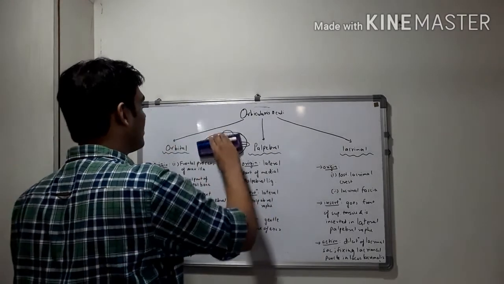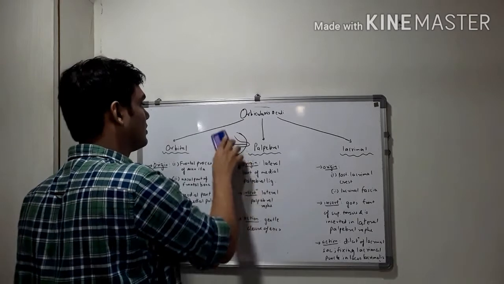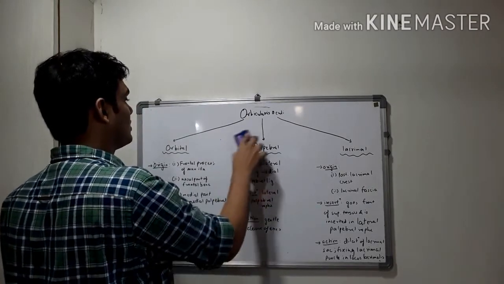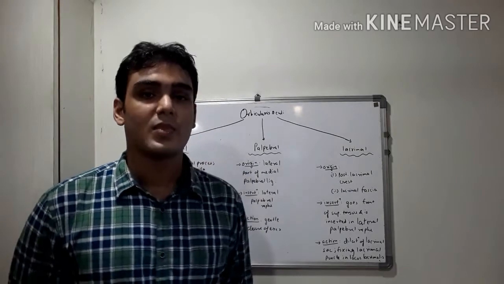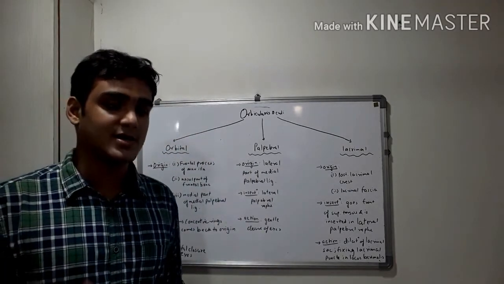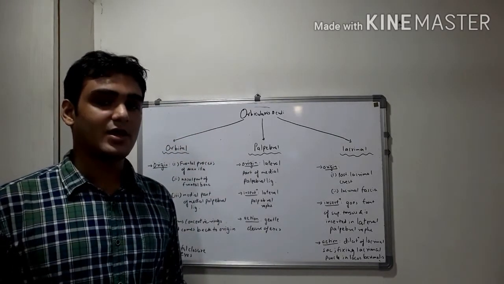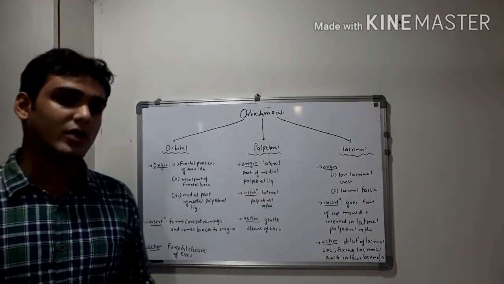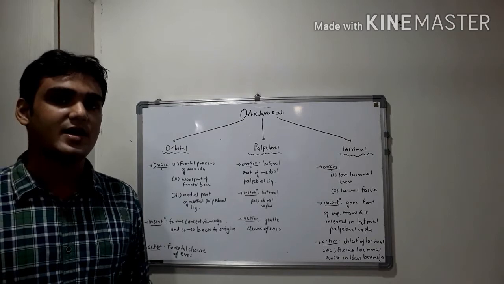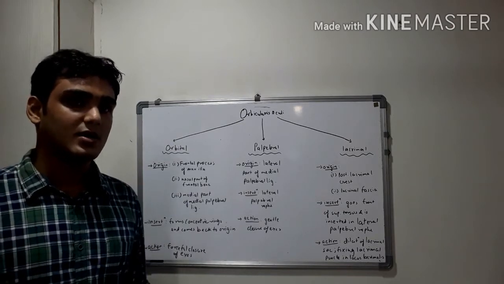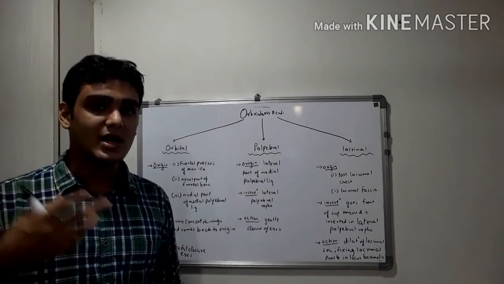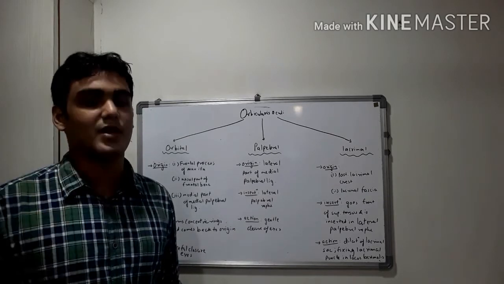So beginning with the main topic. Firstly, the orbital part. It has three origins, and two of them are bony, and one is the palpebral ligament. The bony ones are the frontal process of maxilla and nasal part of frontal bone, and the palpebral ligament origin is the medial aspect of the medial palpebral ligament.